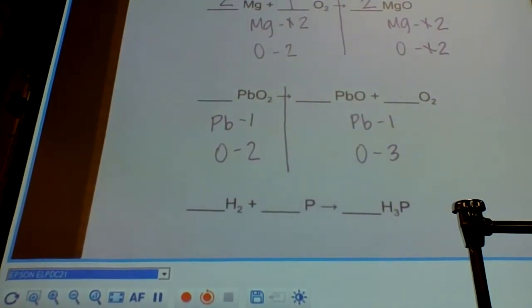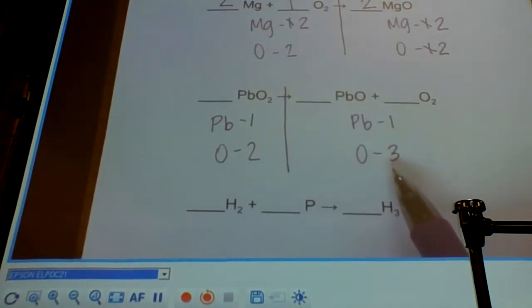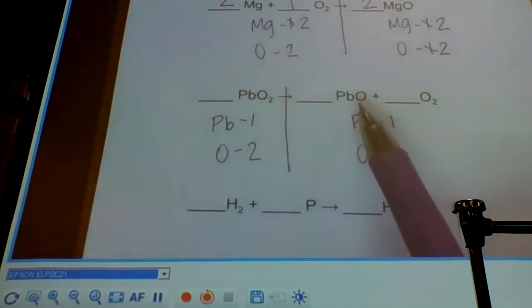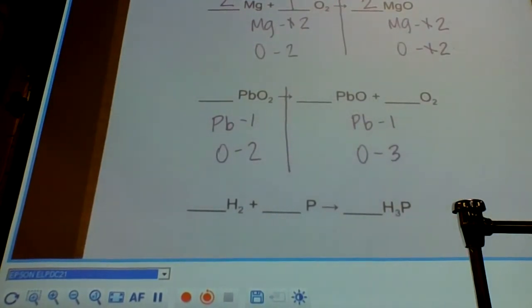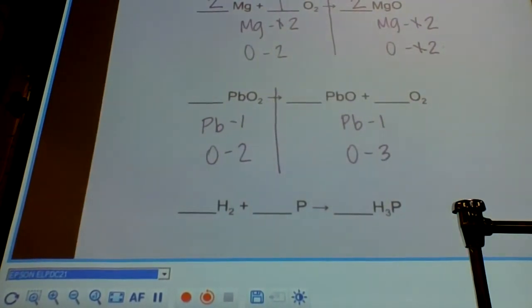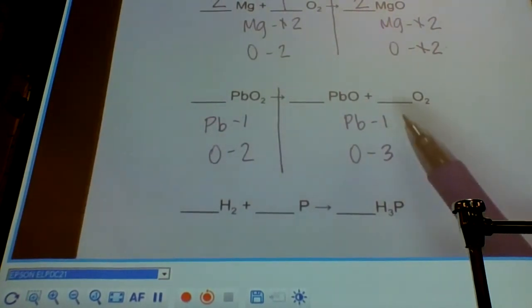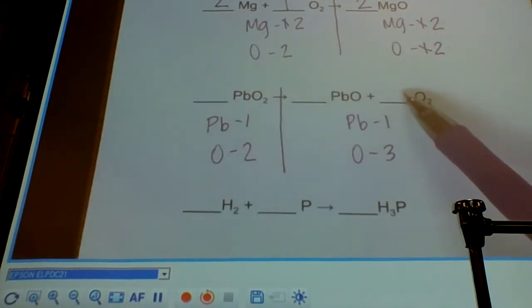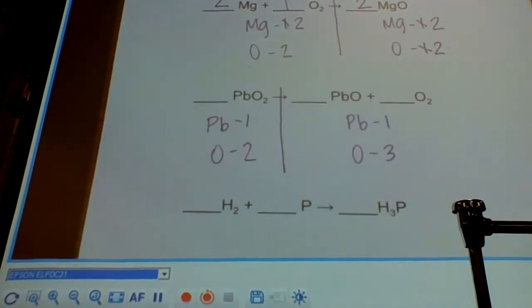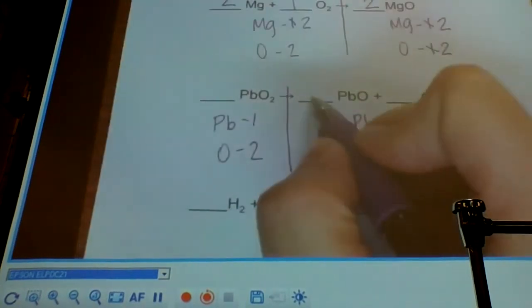Okay, so anytime that I get an odd number, like this 3 here for oxygen, I want to take care of it first, because it's awkward. And especially since my oxygens are separated, the best thing I can do to help myself is make this oxygen even somehow. So what would you do to make it even? 2, and then make it a 6. 2 in front of what? 2 in front of the O2. No, in front of the Pb. Right, because if I put a 2 here, that's just going to be 4, plus 1 oxygen, still odd. So let's put a 2 here